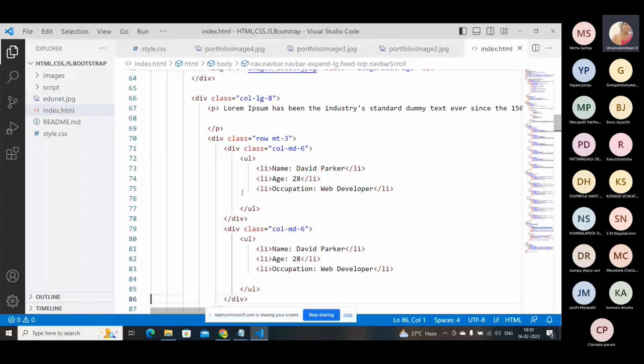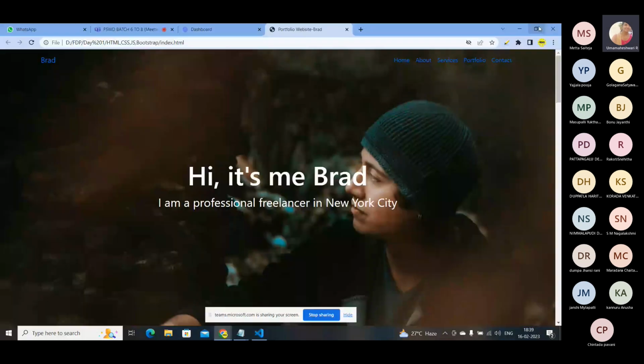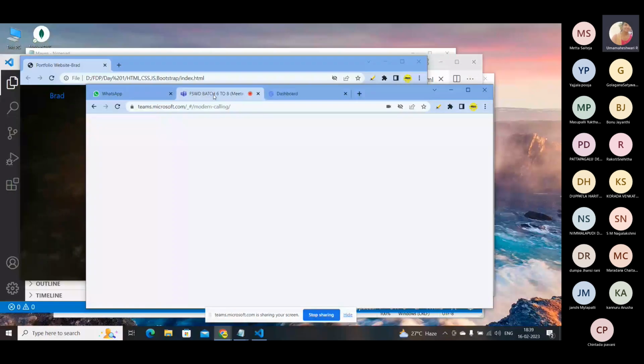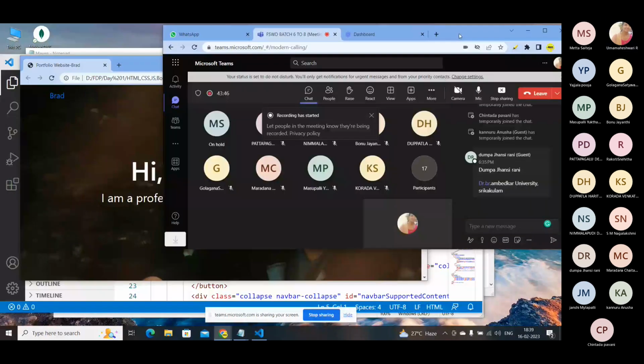Okay, simple execution. So just go to this output. Okay, this is my output. So now I'm going to make some changes and see how it will work. So if you go and check,